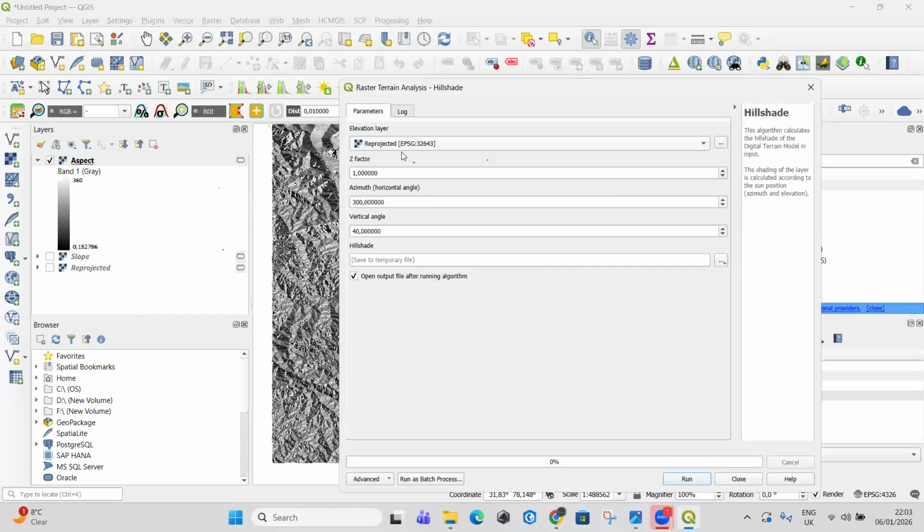Look for your reprojected letter. Now, here is the azimuth. It is the hypothetical light source. At what angle do you want the light source? You can change it accordingly, and the angle at which the light source should be. By default, it is always this. Okay, you can change it accordingly. Now, if I run it,